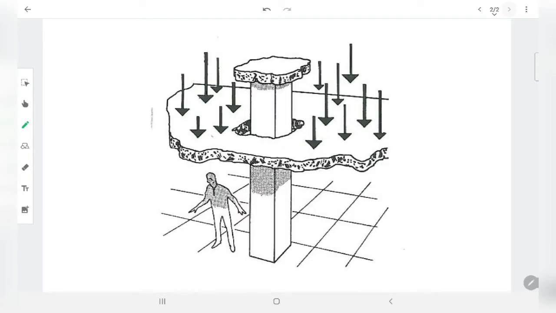Now we'll have another case, that is the flat slab. If the force is acting on the slab and the slab is resting on the column, the flat slab may fail under punching shear. Here you can see the failure pattern of punching shear. The surface stresses will occur at a distance of d by 2 from the acting force, that is d by 2 from the column.